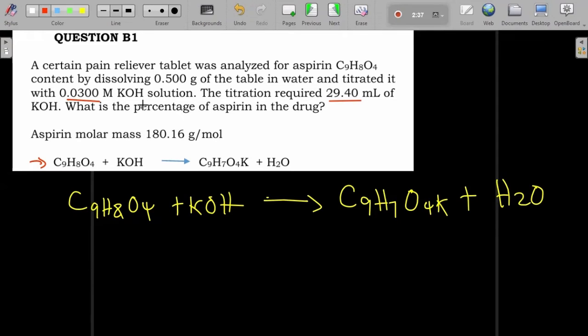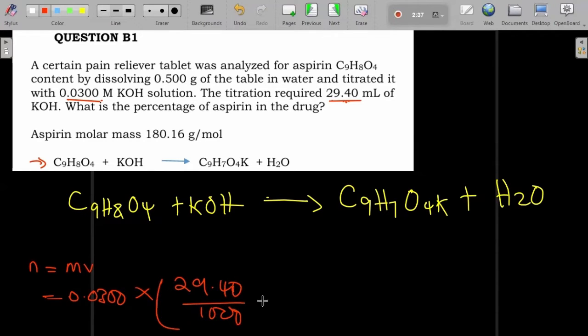So it means that we can use the molarity of potassium hydroxide and its volume to find the moles. We know that moles is just equal to MV. The M is the molarity, the V is the volume. This volume should always be in liters. So I have 0.0300 multiplied by this volume. I have to change it into liters, so I'll divide it by 1000 like this, and then I can multiply this. So it will be 0.03 multiplied by